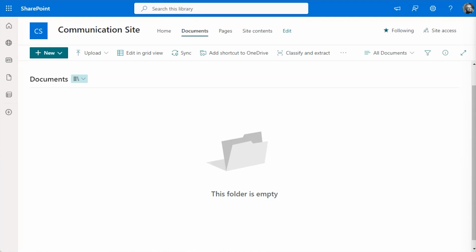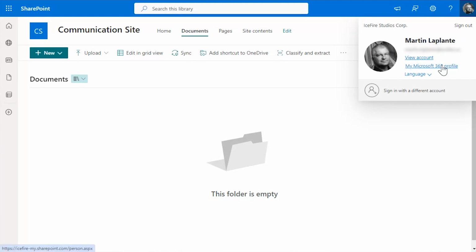You also have to know that changing your language only has an effect when the SharePoint site that you're on supports the other language that you're changing to. If it is not one of the languages that it supports, the language change is not going to have any effect. So what you have to do first is, in your personal menu, find your profile, my